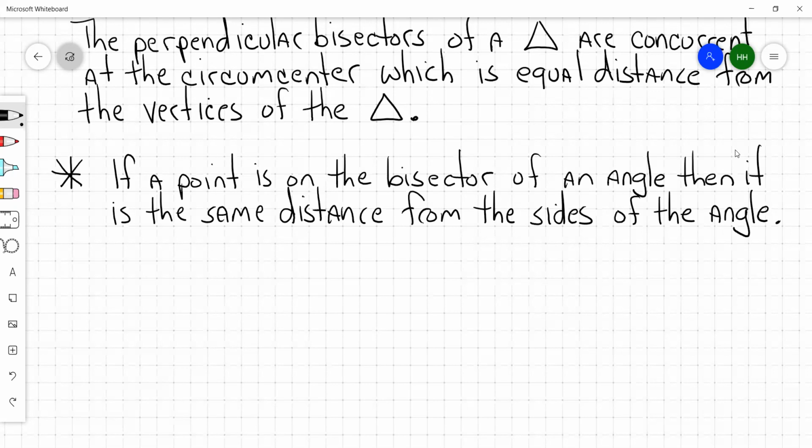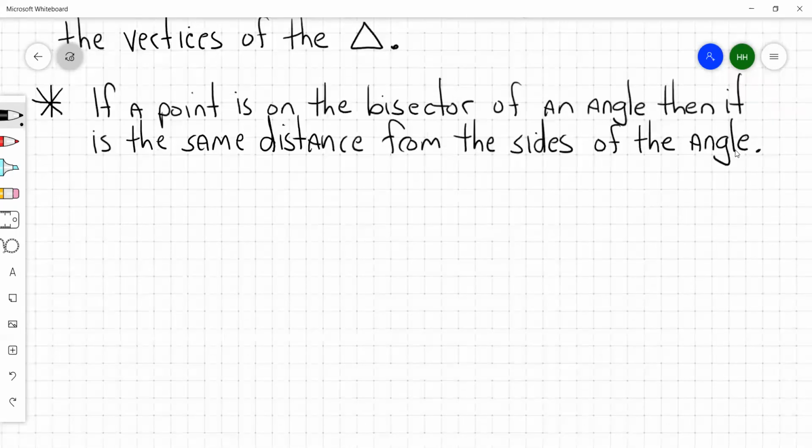If a point is on the bisector of an angle, then it is the same distance from the sides of the angle. And what that picture looks like is, if you have an angle,